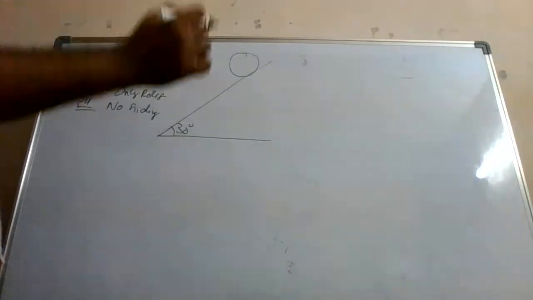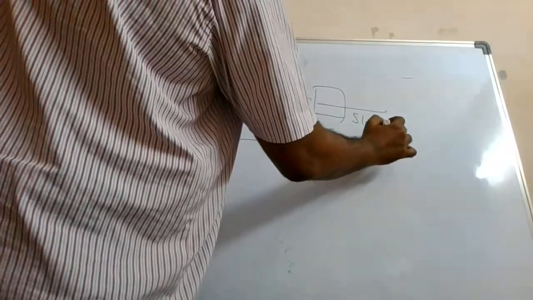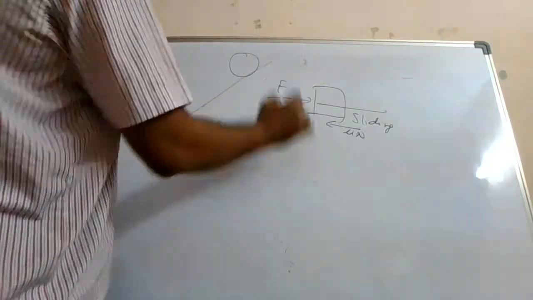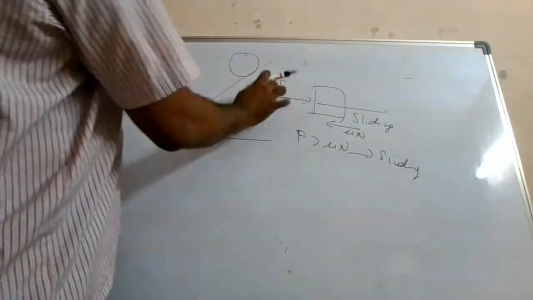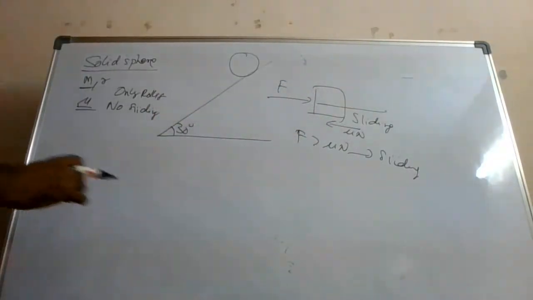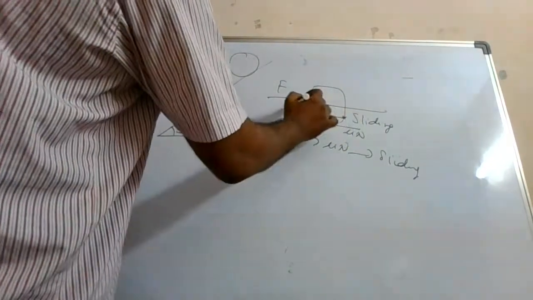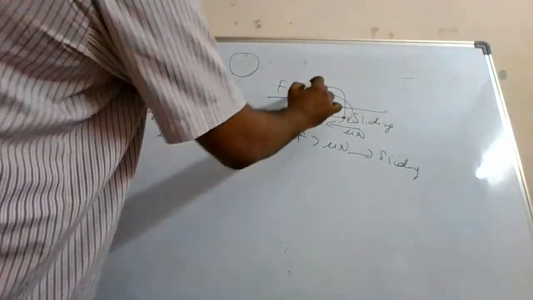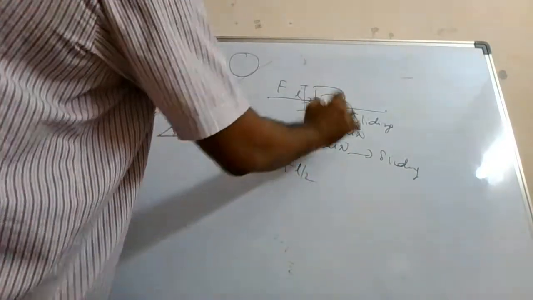For this, recollect what I told you. You apply a force, the block moves, this is sliding. Here there is some frictional force acting. This is some force. If it is greater than mu n, this will be sliding. Remember, 10 Newton, 20 Newton, 20 Newton is more than 10 Newton, it will slide. But if the force is less than this, there is a possibility of rolling, I told you. If you take this point, this will be creating a torque. Let us say you calculate the torque. Let us say this height is L, so FL by 2 is the torque about this point.